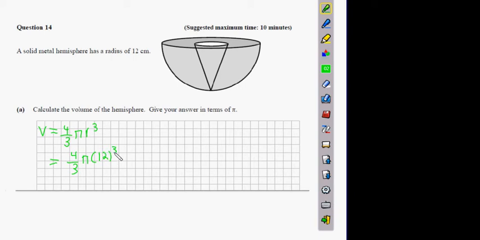Okay, and then what happens? Put that into the calculator, what do we get? You probably got it right. It's 1,152 pi? Yeah. So 1,152 pi